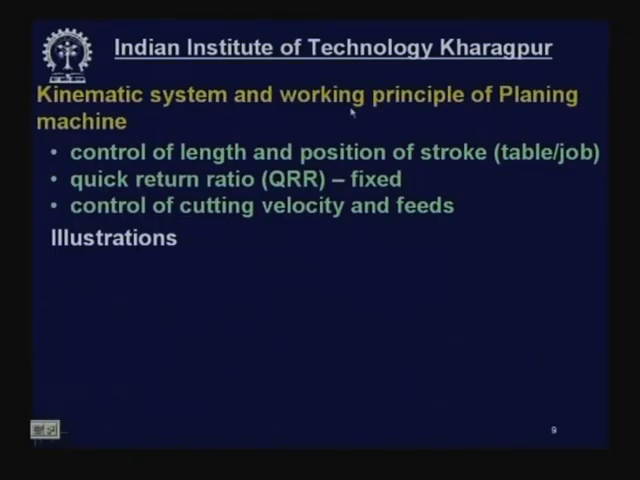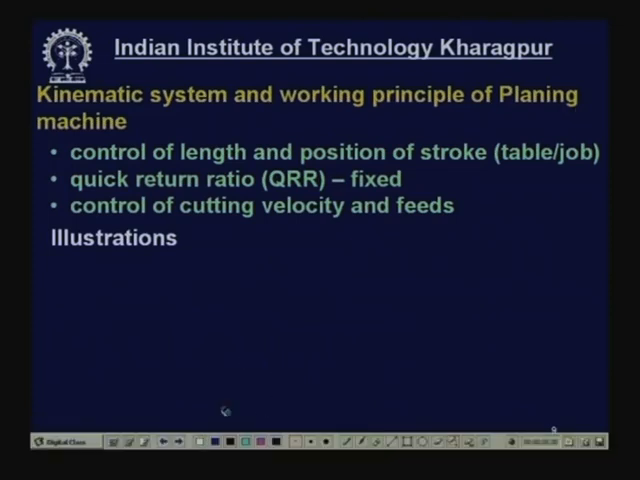Now, the kinematic system and working principle of the planing machine. How does a planing machine work? Planing machine. Suppose this is the table, this is the work table